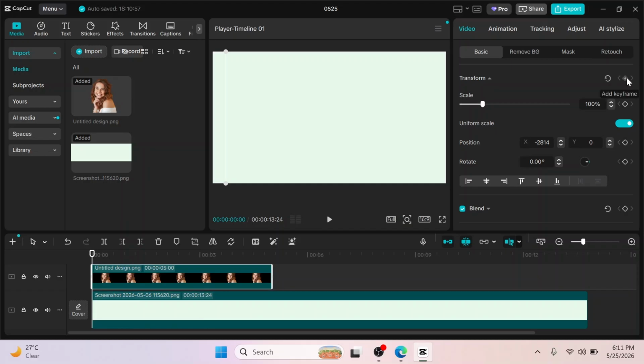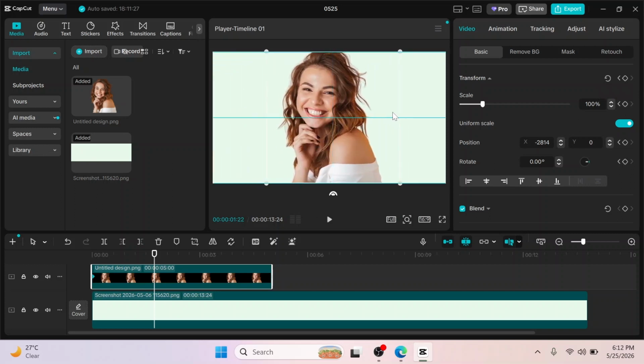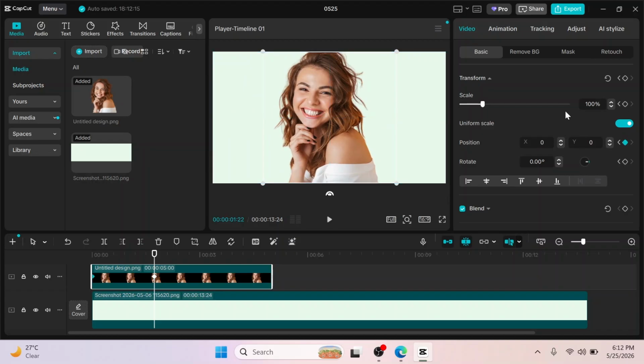You'll be able to see a keyframe option right next to transform. So once you click on keyframe, next you're gonna move forward on your timeline. And when you have reached your desired position, so before clicking on the keyframe, you're gonna simply drag this image to the center like this. And once done, you can either click on keyframe manually or you'll be able to see that a keyframe has